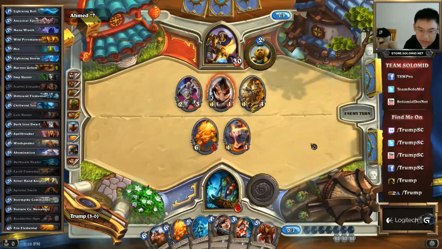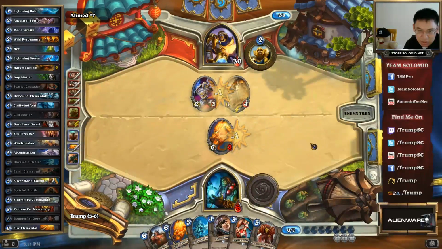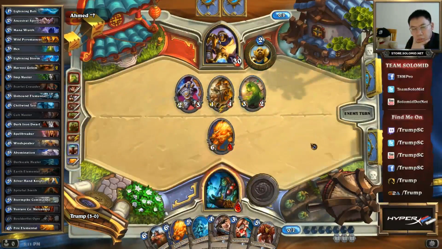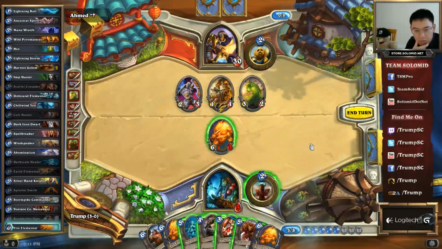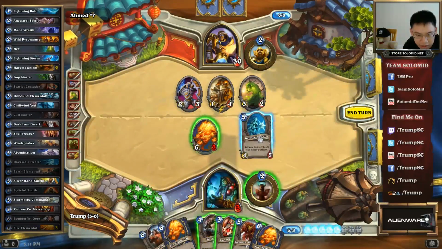He can trade if he wants. This is gonna be a tough decision. He's gonna trade, okay. Wait. 1-4 into the 1-1 would have been better for him. Alright, 5. This is pretty much my only choice. And then